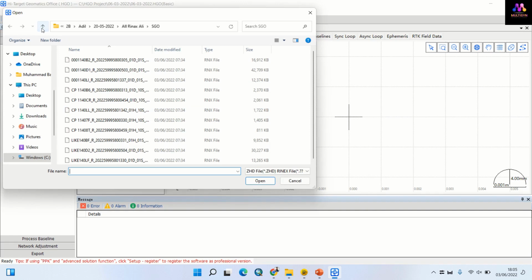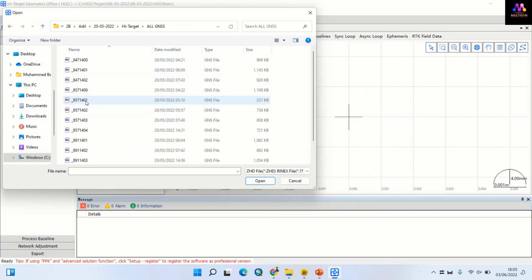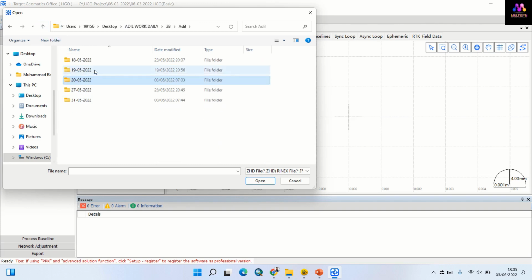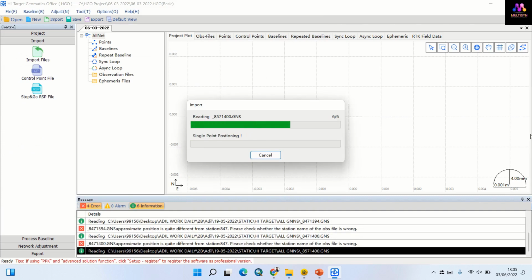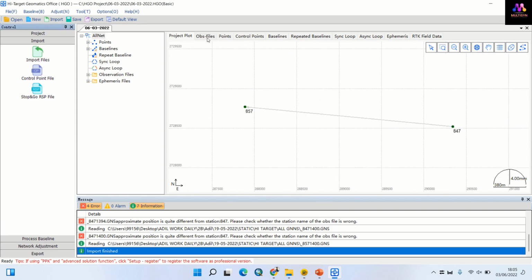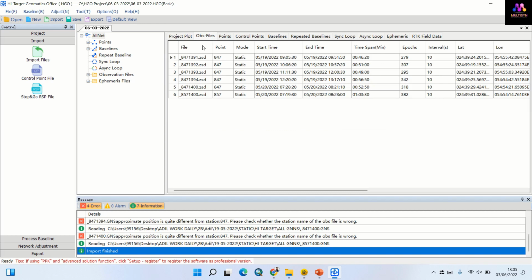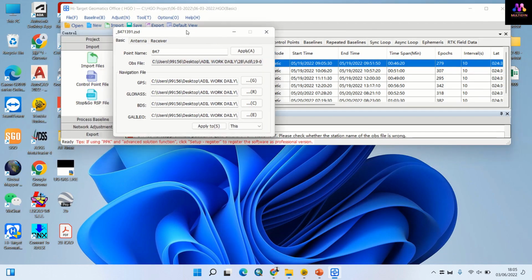Select. Where is this? For example, file target. This all GNS files. This is file target. Then you go here, observation. Right click, enter, edit. And I make like that small always and